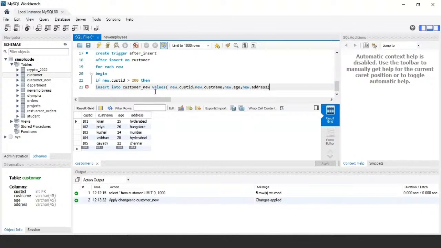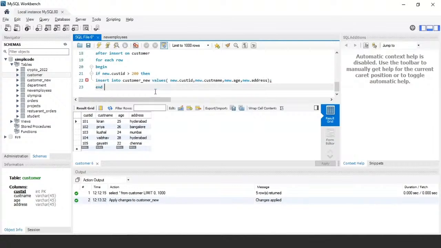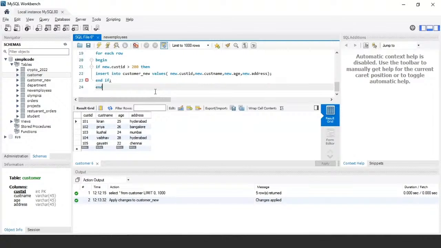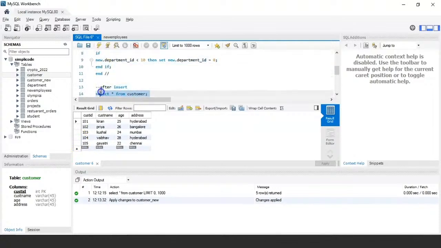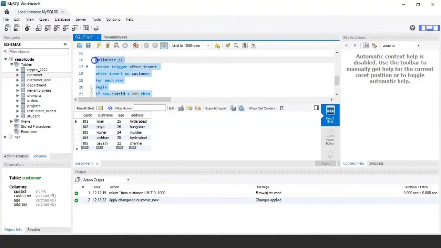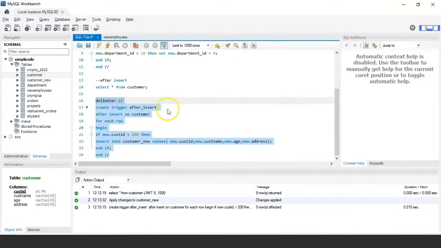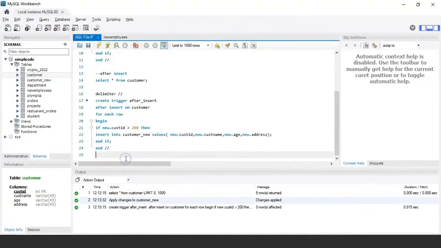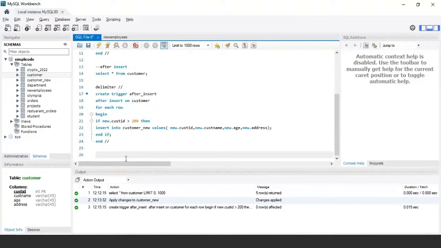Right, so let us just close this, and we have the end if, and slash. So let us just execute this query and we'll see the output. So our query has been successfully executed. Let us now try to insert some values into the customer table. So I'm using the insert into customer